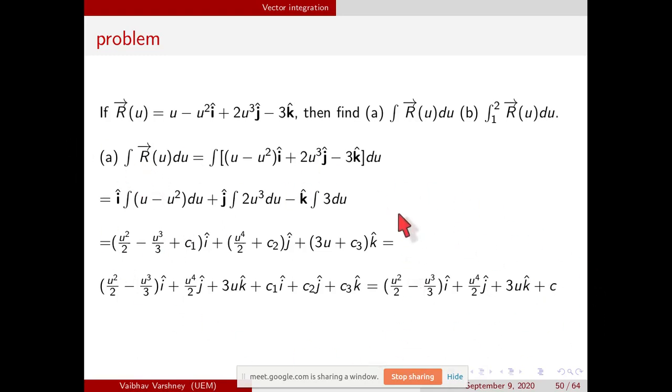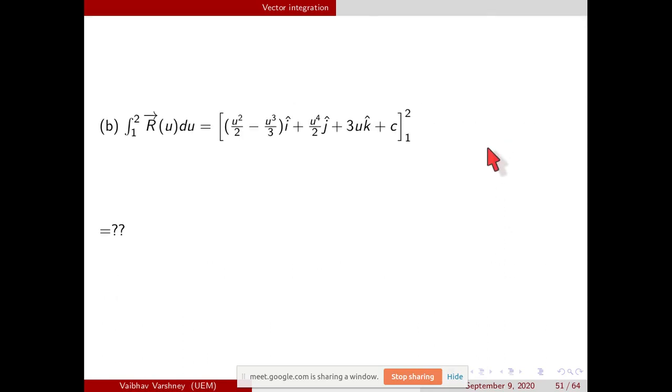Okay. So this is the indefinite integral. Now what we have to do is calculate the definite integral from lower limit 1 to upper limit 2. So just calculate this. I have put a question mark, and tell me what answer you are getting. You all should get the same answer. Just change this to minus, the third term I have put plus, and let me know what answer you are getting for the definite integral. Do it quickly and let me know.